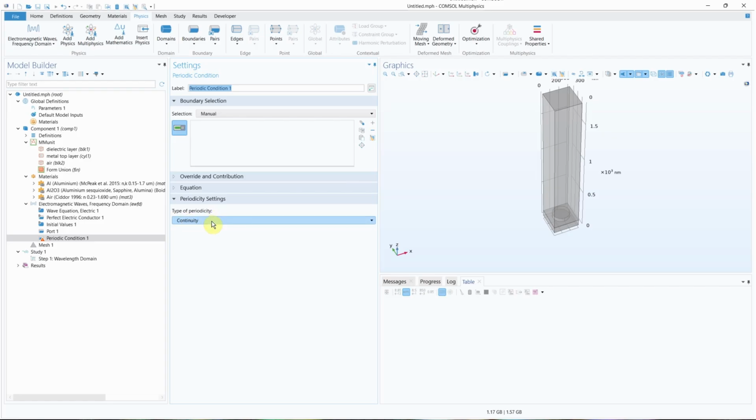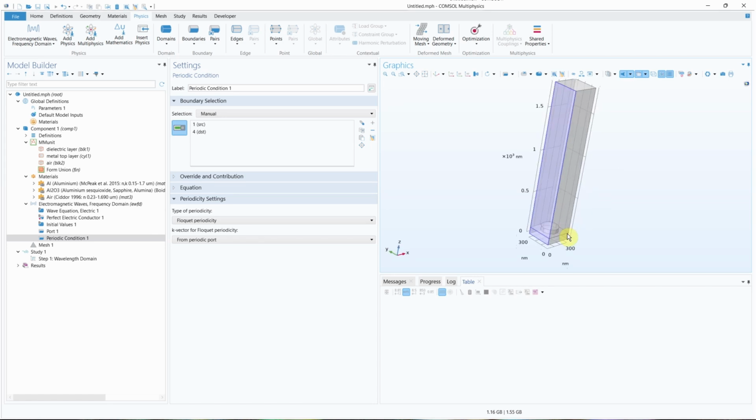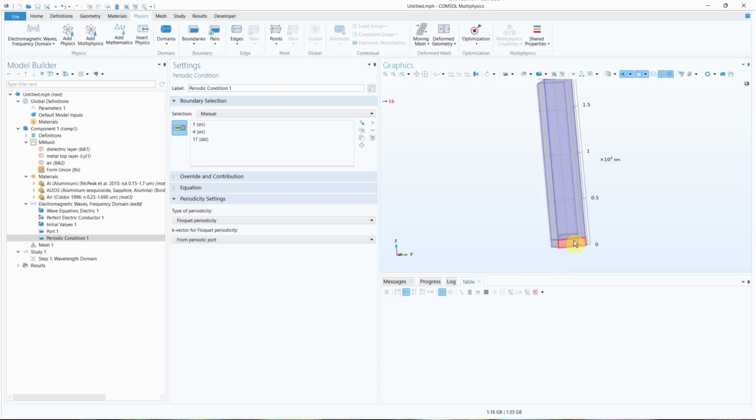So for this, the type of periodicity we're going to use is the Floquet periodicity. This is a really common approach, a specific mathematical approach for looking at periodic structures like metasurfaces. For that K vector, rather than using user-defined, I can make it just from that periodic port. So everything stays self-consistent. To select which sides of the structure are in this periodic condition, I want to first select all the interfaces on one side of my structure. So in this case, it is the edge of my dielectric and the edge of the air block. And then I also want to select the opposite side, so the large air block and my dielectric. And COMSOL will automatically set that up as sources and